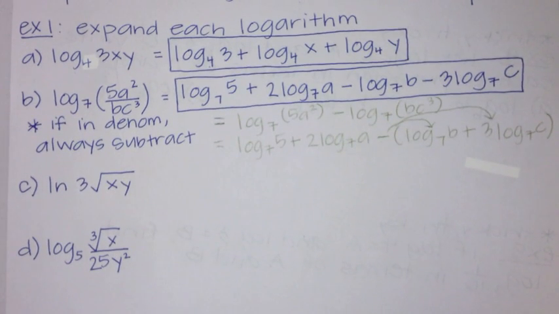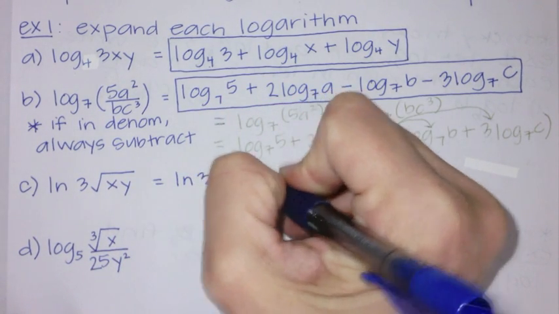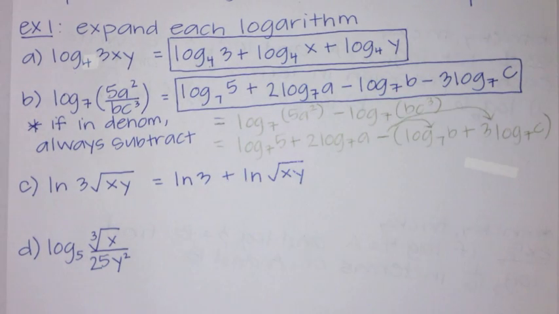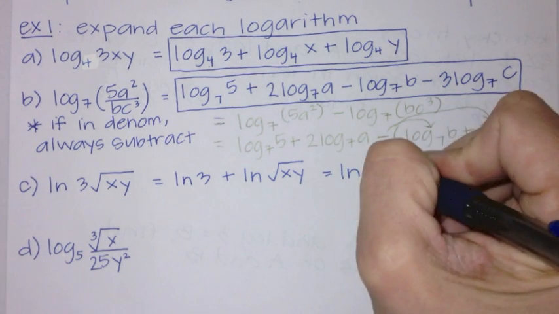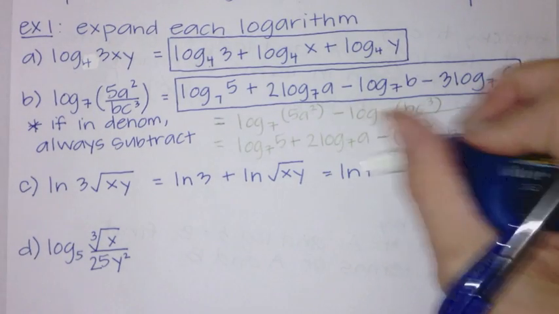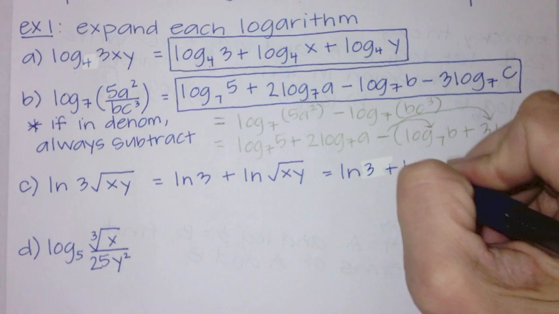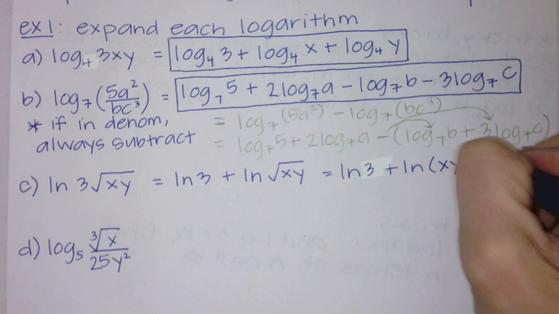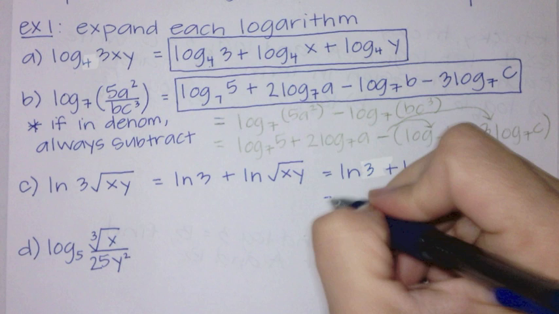Okay, so what happens when we have a radical like we do in example 3? Well, first thing you're going to do is split it up to be a logarithm, and in this case a natural logarithm with the radical by itself. And then what we're going to do is rewrite, which, a big part of math is just rewriting it to be able to use it how you need to use it. So instead of writing the square root of xy, I'm going to write this as xy to the 1/2. So I'm switching that from radical notation to exponential notation, which then allows me to do ln